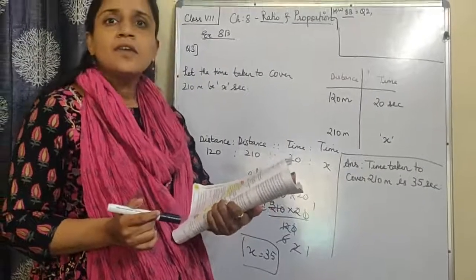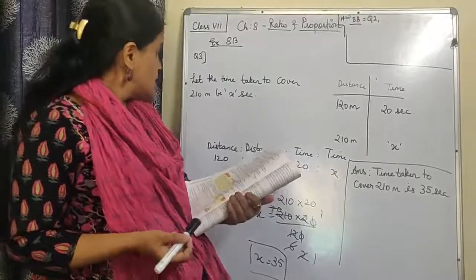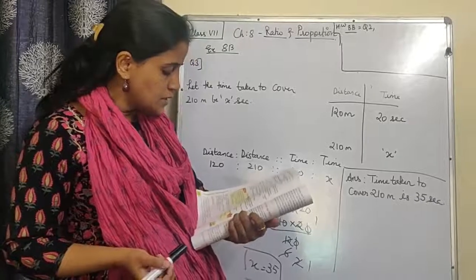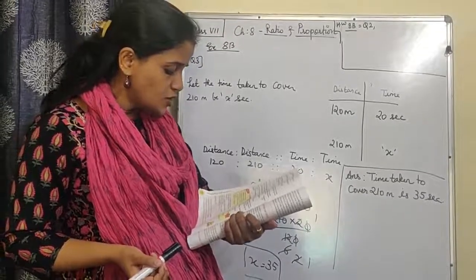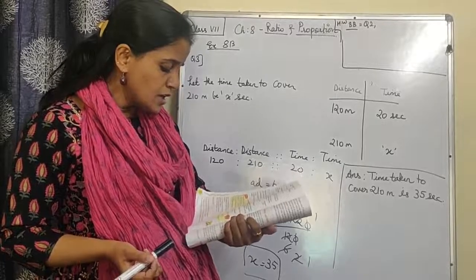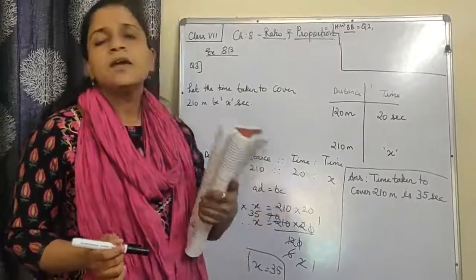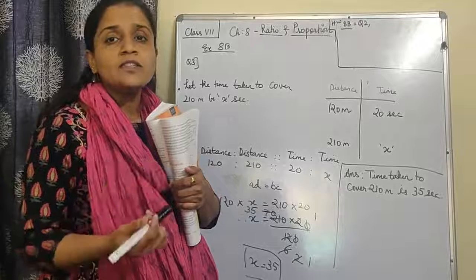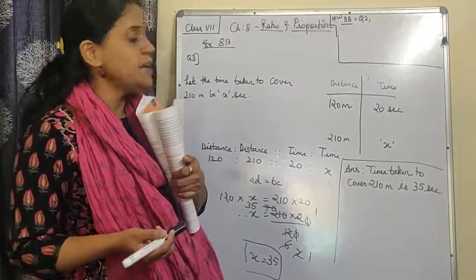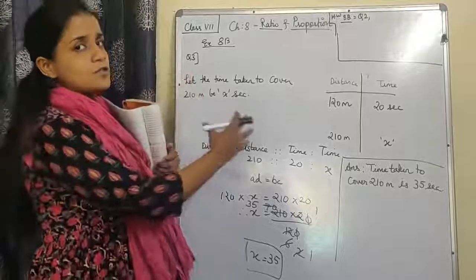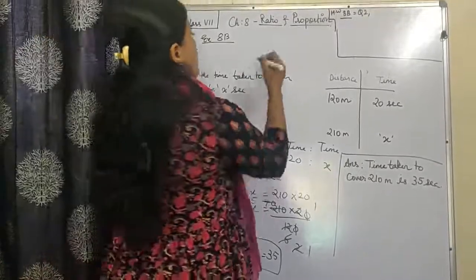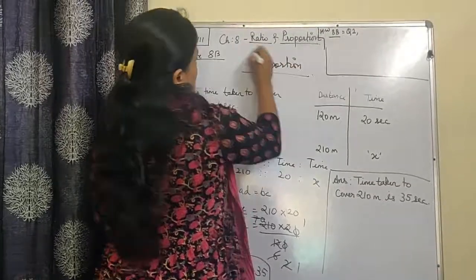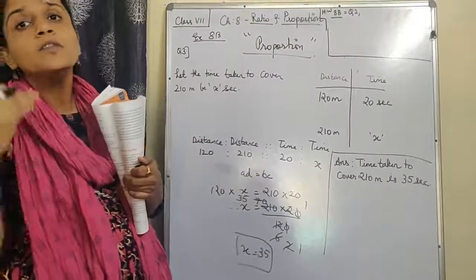Start. Now we are going to start with the third question, that is, if Rohit covered 120 meters in 20 seconds, then in how much time would he cover 210 meters? So what we have to do basically is find out how much time is required to cover 210 meters. Now we have to solve this question using the proportion method. I want you to recollect, we have done the same thing in class 6. So you have to solve this using the proportion method. How are you going to solve it?